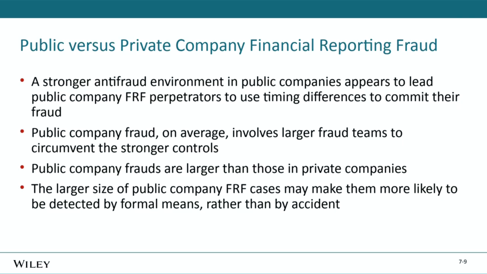Public company frauds are larger than those in private companies, mostly because private companies are smaller. The larger size of public companies' financial statement fraud cases may make them more likely to be detected by formal means rather than by accident, which is often how it happens in private companies. Okay. And then we